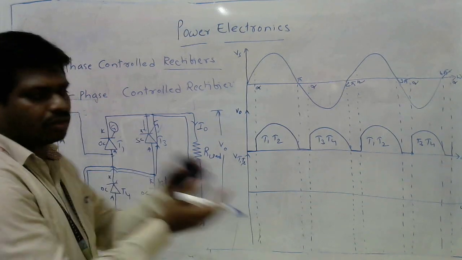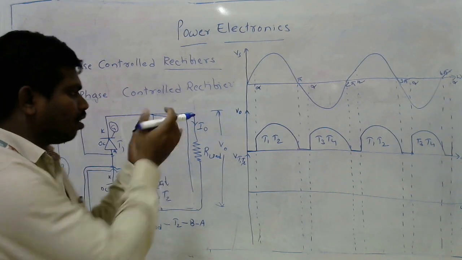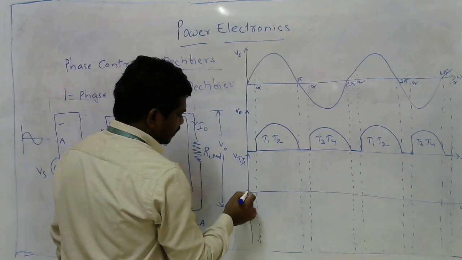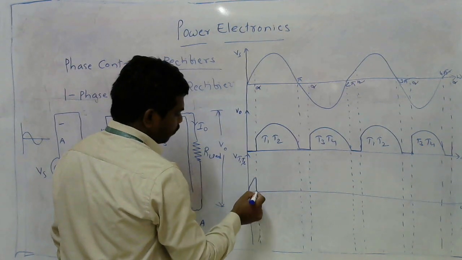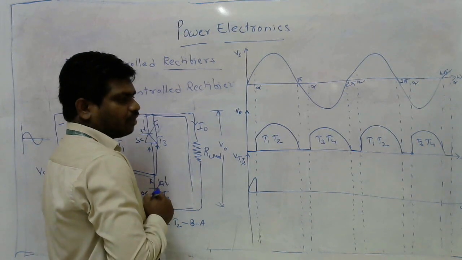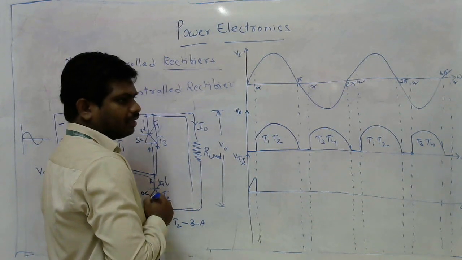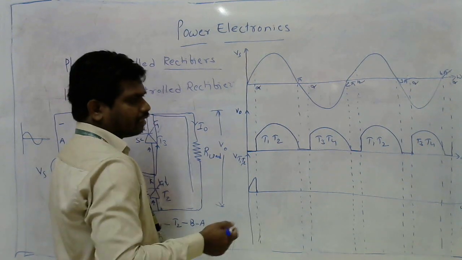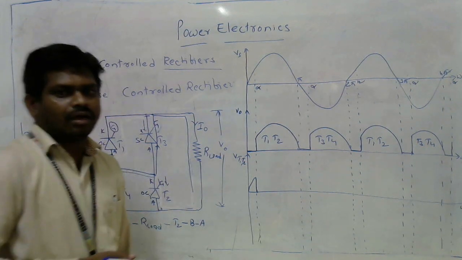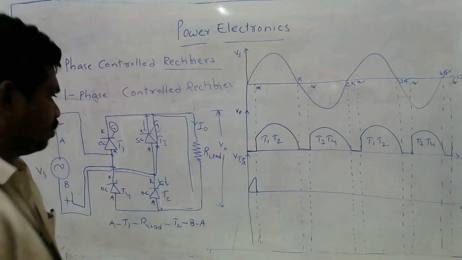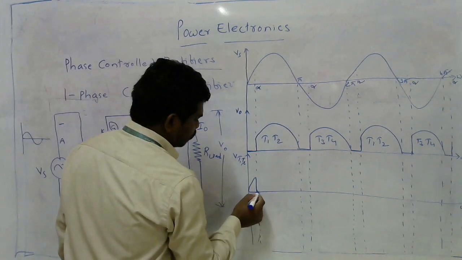As we know, the input is used to produce both the output and the remaining voltage drop across the switches. The output we have already taken, so the remaining drop we have to take. This is the drop available across the switch before conducting, meaning the forward blocking state of every thyristor. After that, whenever the thyristor conducts it is short circuited, and as we know, the voltage across a short circuit is 0.